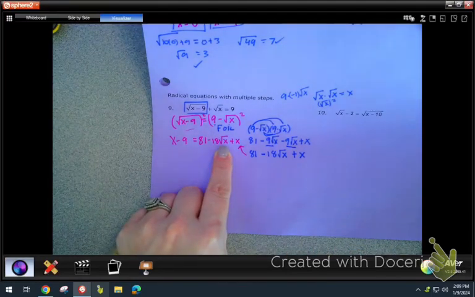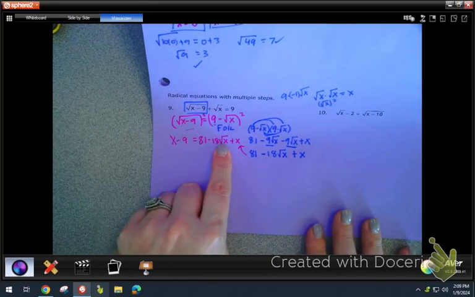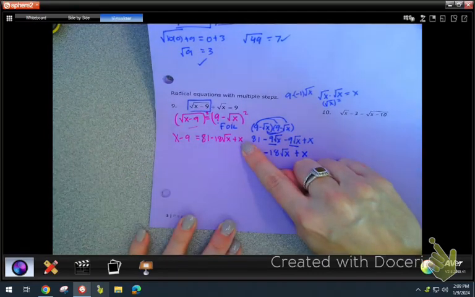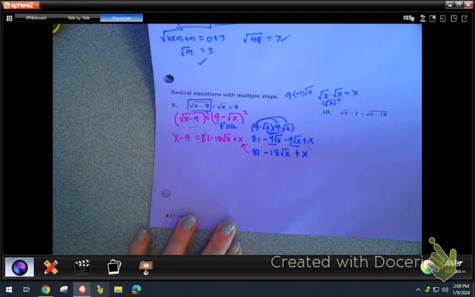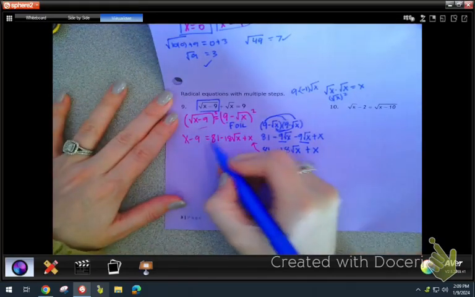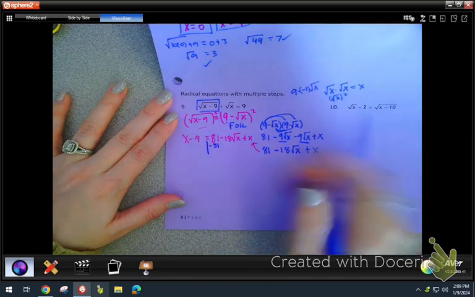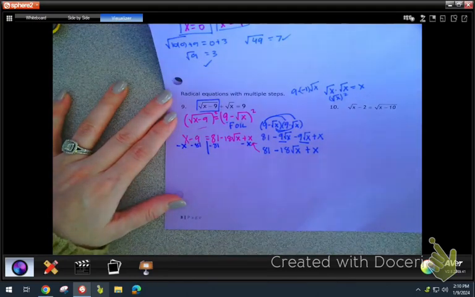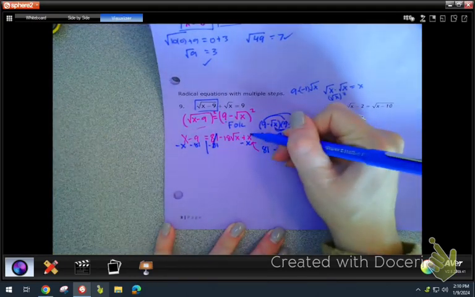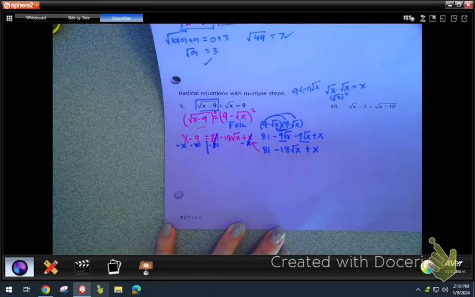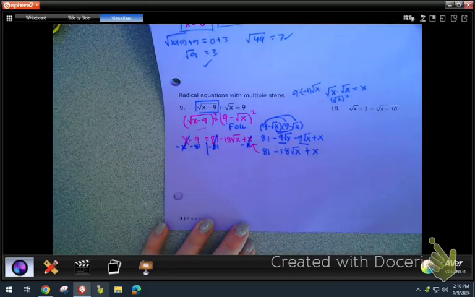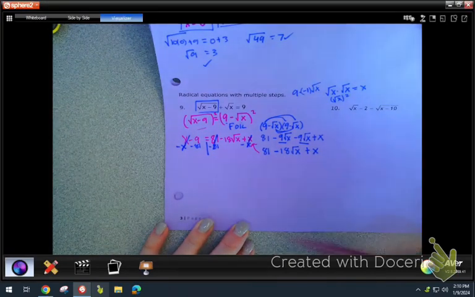I move everything over to get this square root of x by itself. What do I have to do with the 81? Subtract it over. What do I have to do with the positive x? Subtract it over. Let me write this in a different color. I'm going to draw a line too. This is very Algebra 1 style. That moves this term and this term over. Conveniently, x minus x cancels out as well. Negative 9 minus 81 will not. That's going to give us negative 90